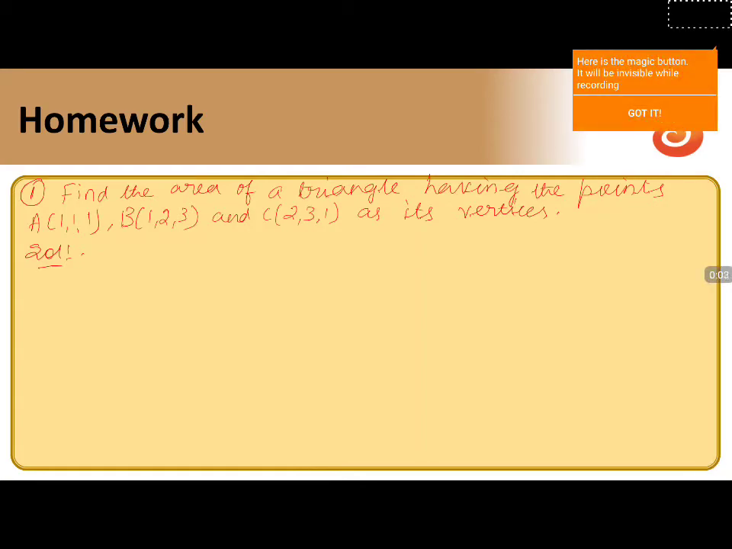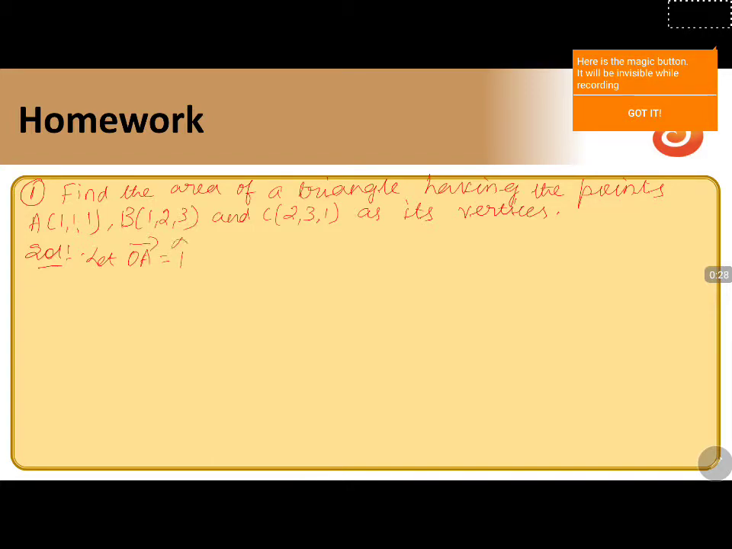Find the area of the triangle having the points A(1, 1, 1), B(1, 2, 3), and C(2, 3, 1) as its vertices. So the vertices are nothing but position vectors. If we write the points in vector form, we will get OA vector equals